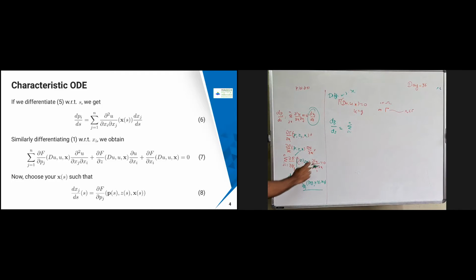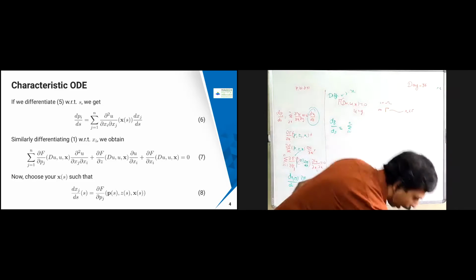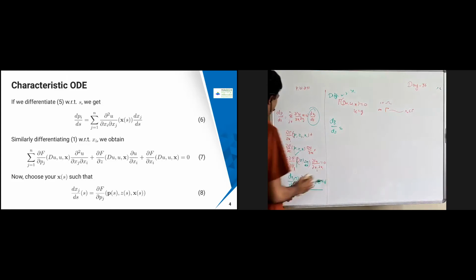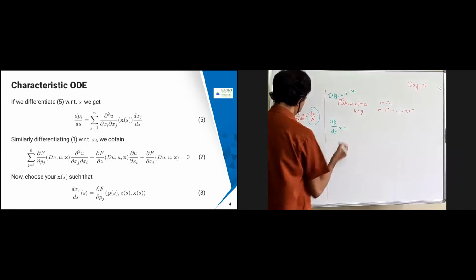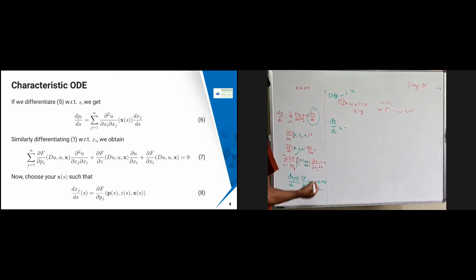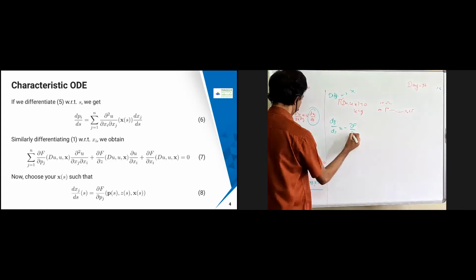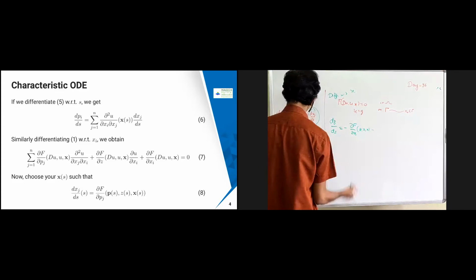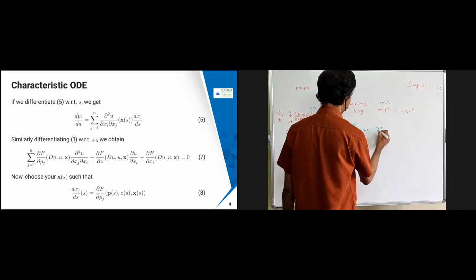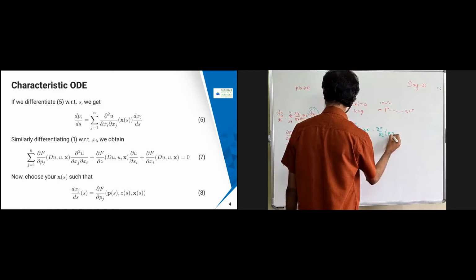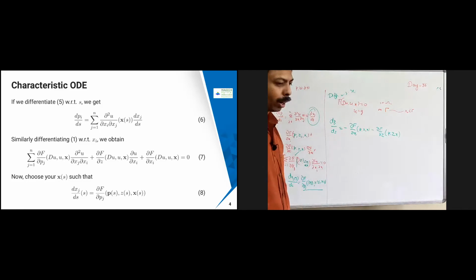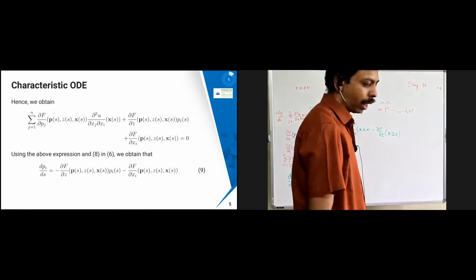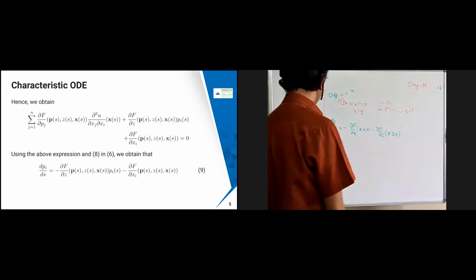So in that case, this is going to be replaced over here. Whatever I have here is going to be the same as this one, so these two terms are going to come on the other side. Just remember that there is no summation. So it's going to be minus the two terms. I'm going to get dou f by dou xi of p comma z comma x minus dou f by dou z of p comma z comma x into dou u by dou xi. What is dou u by dou xi? That we'll see. That is nothing but pi.